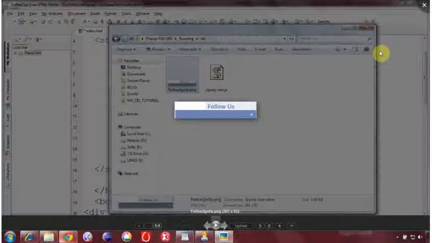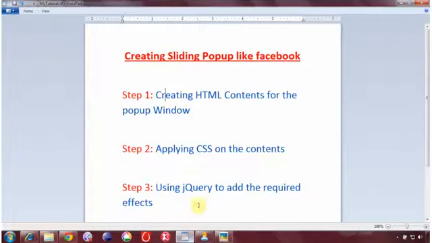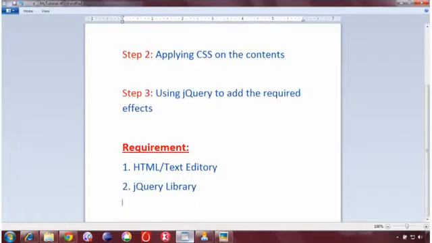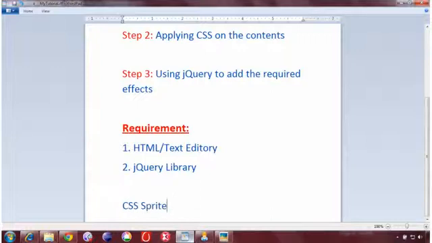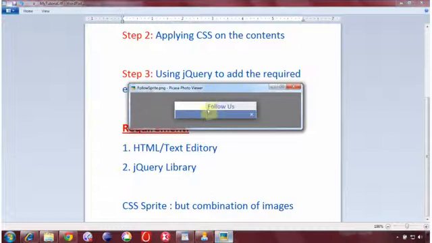But rather than having image 1 and 2 as separate parts, the way we are designing web applications, at least for the presentation part, mostly the web developers' or web designers' choice is to have a CSS sprite. CSS sprite, the term I am using very frequently here, is nothing but a combination of images, and it is mostly used when we need buttons representing several states. Like for example, this is represented as a button which has two parts, 1 and 2.